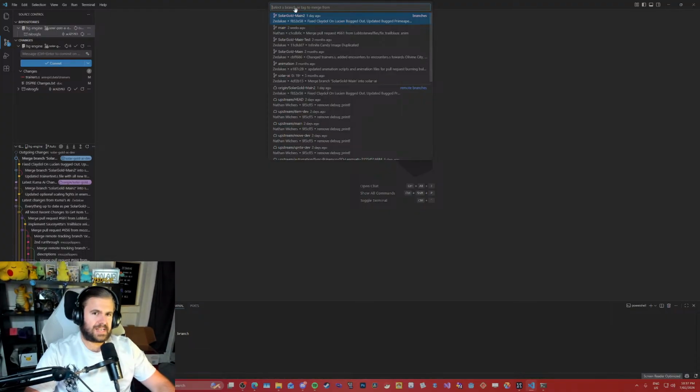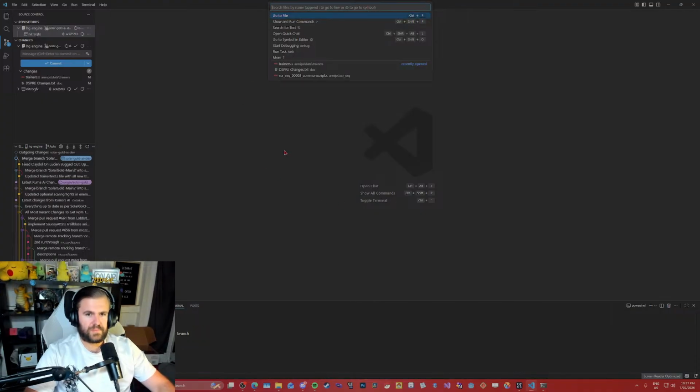At the top here it says select a branch or tag to merge from. So I would click this one if I had anything updated in that branch and I wanted to bring it to my Solid Gold AI Dev branch, which is the branch I'm currently logged into. Okay. So for now, we don't need to do anything. If I wanted to merge something, that's how you do it.